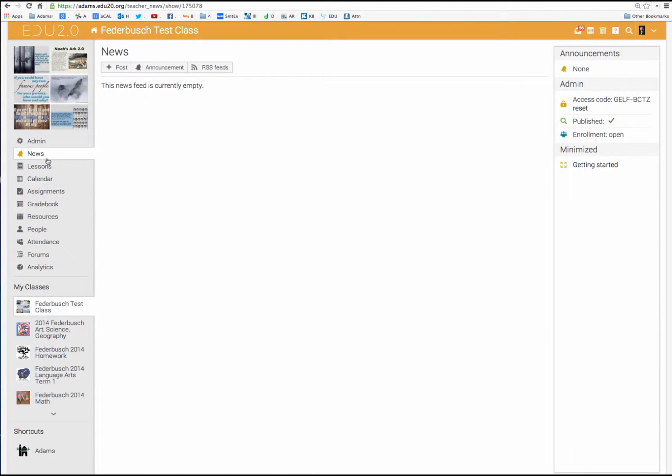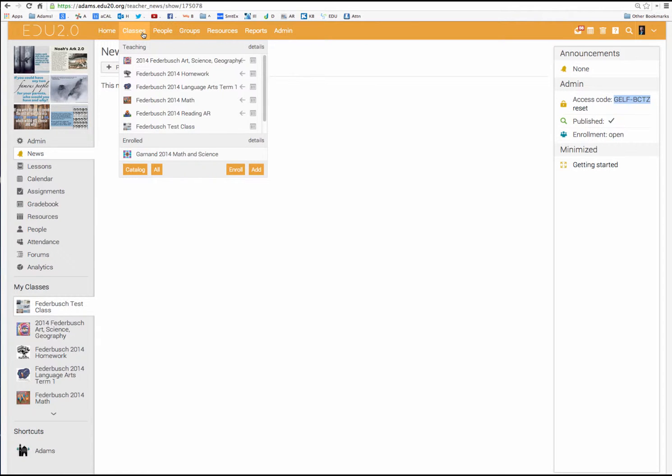First of all, you'll notice that when we're in our news selection here on our news tab, over here we have an access code. We just copy that code into our clipboard. I'll show you what we'll do with that next. You can write that code on the board. You can have your students log into EDU. When they log in, they'll be in EDU, but they won't be assigned to any classes because they haven't enrolled in any classes. So one thing the student can do